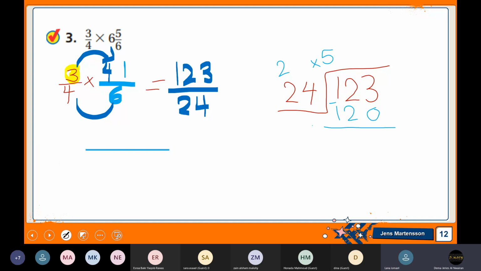1 minus 1 is 0, and 2 minus 2 is 0, and 3 minus 0 is 3. Now, how to rewrite it as a mixed number? It will be 5 and... the number that is down, you have to write it up. 3 over what? 3 over